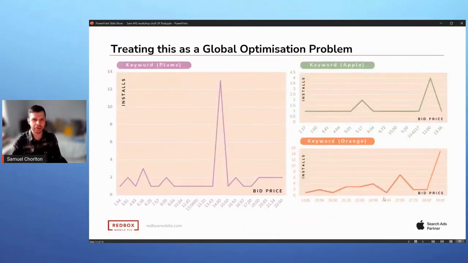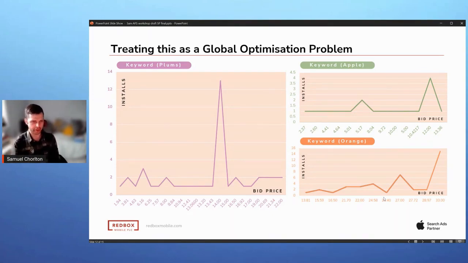So if we then jump to our scenario, we've got 3 keywords here. We've got plums, apples, orange. Yes, they're just arbitrary terms for us to look at. You can see the performance is quite different across this space. And also the availability of installs is quite different across this space.